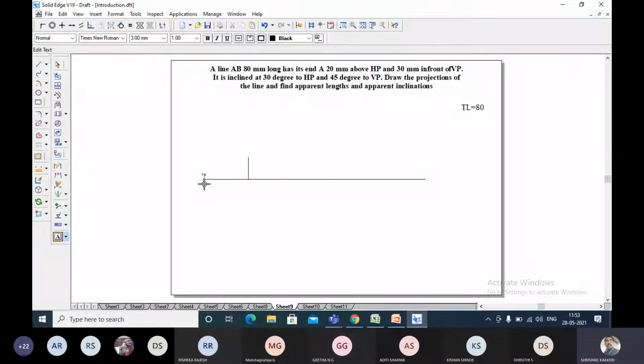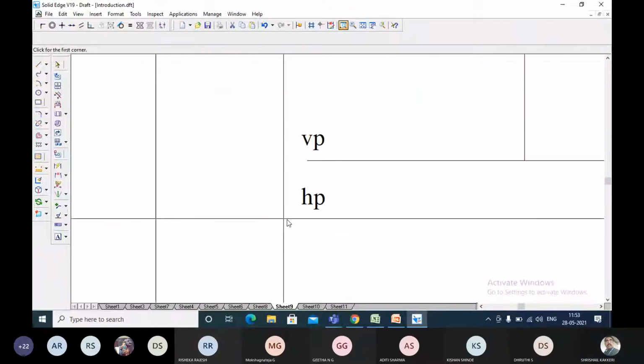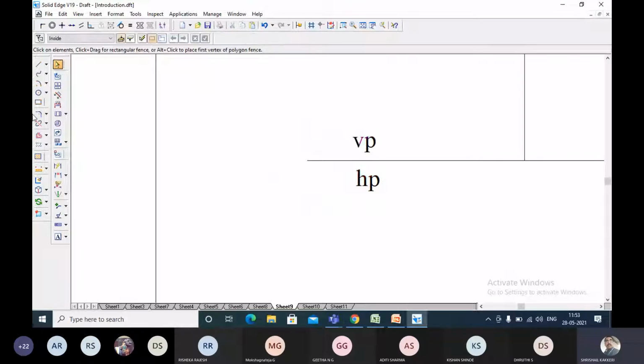Okay, this is the horizontal plane. Now you can position them and you can name it as X, one end of the line.